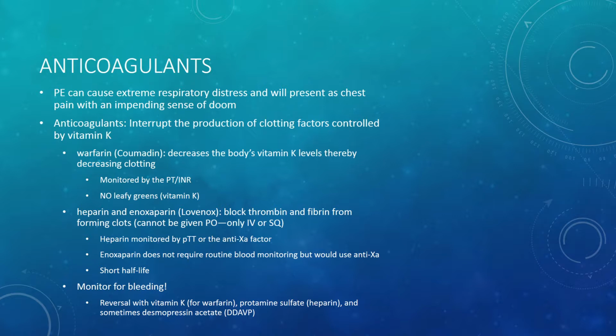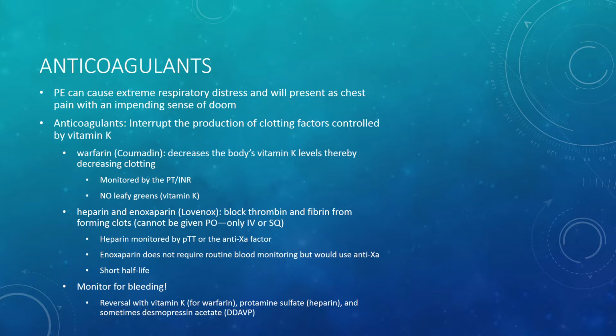So for warfarin or Coumadin specifically, it decreases the body's vitamin K levels, thereby decreasing clotting that's occurring. So when someone is given Coumadin for the management of a clotting disorder, even though it doesn't eliminate the clot itself, it prevents the clot from growing, it prevents other clots from forming, and it allows the body to start